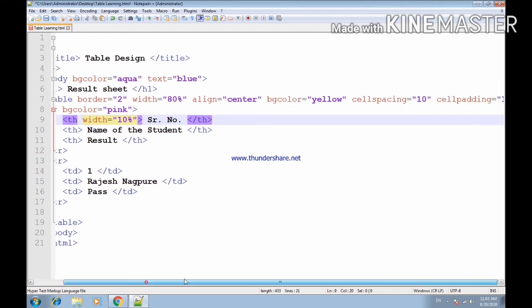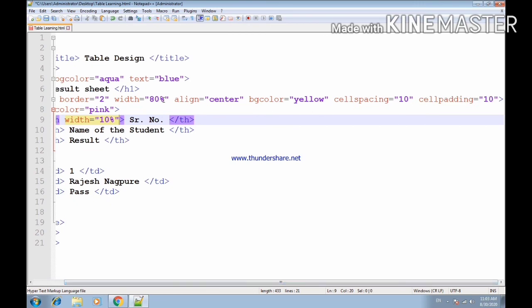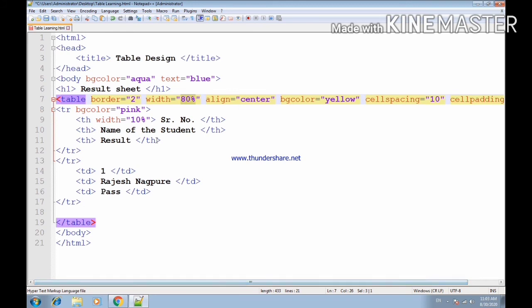You can see it is 80%. This is 80% of the window, right? Now th is a part of the table structure, so this 10% is 10% of the table structure. Now the entire table structure will be considered as 100%. From that 100%, 10% is assigned to the first th.